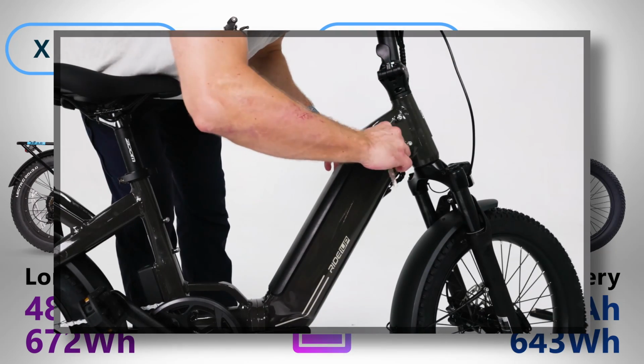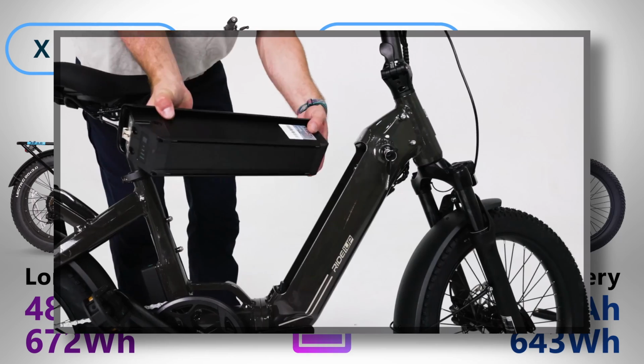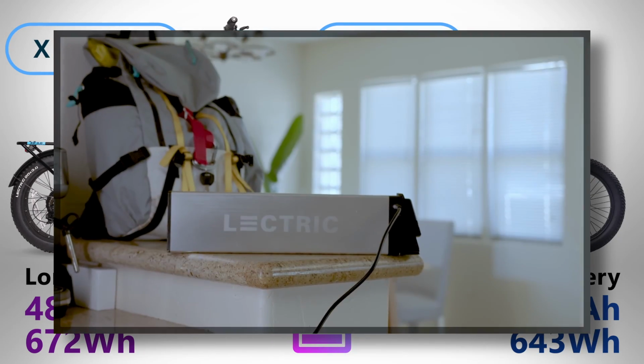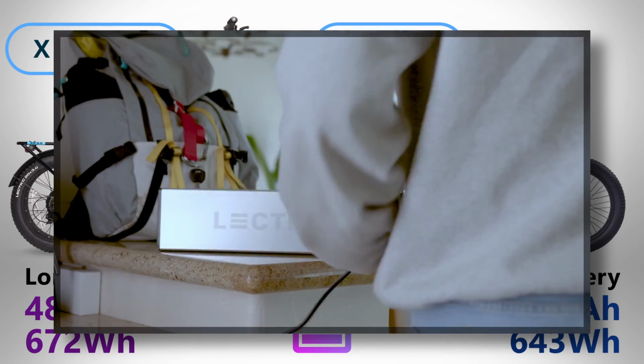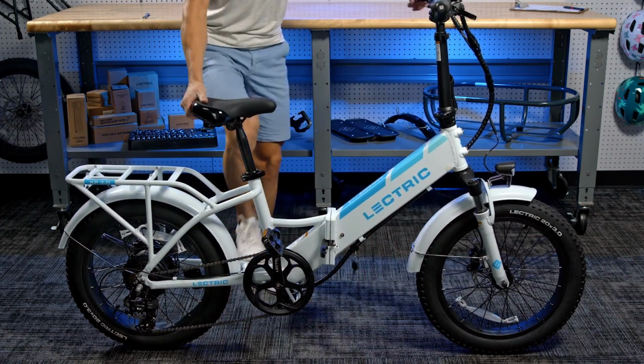I do prefer the fact that you can attach and remove the Ride1Up battery with a single twist of the key and flick of a lever. But the XP's battery is only accessible when the bike is folded, which can be a slight irritation if you want to quickly grab your battery and bring it with you. Sure, it only takes a few seconds to do, but if you're not folding up your bike to store it,